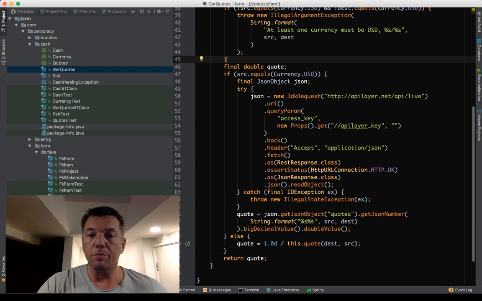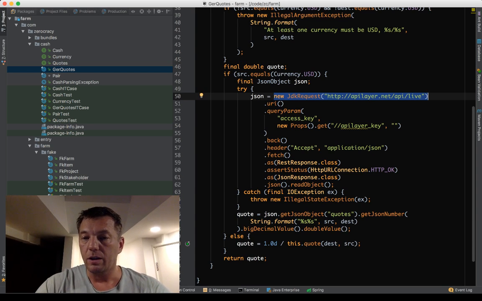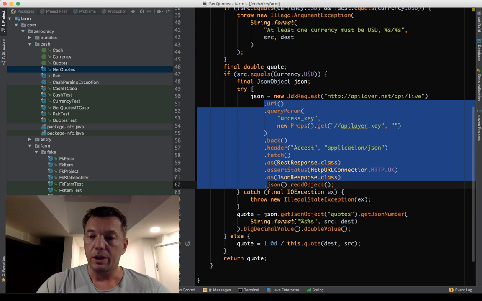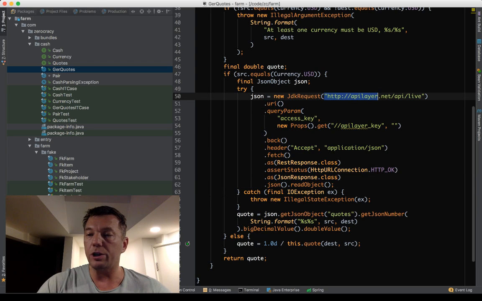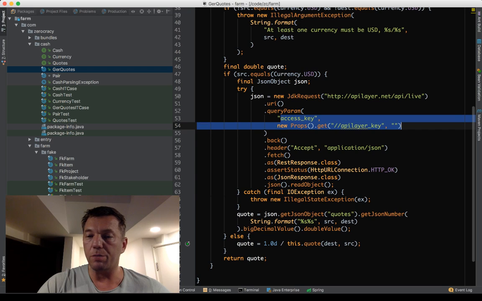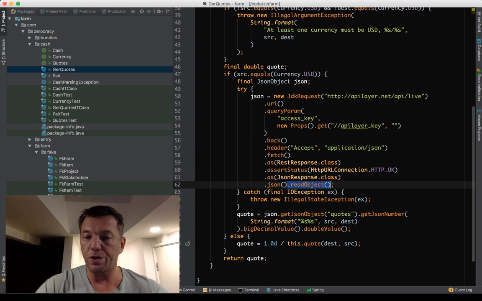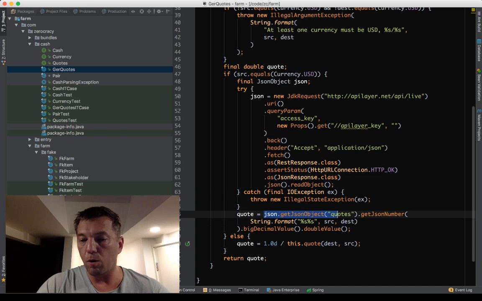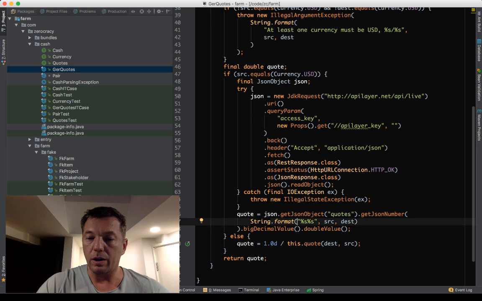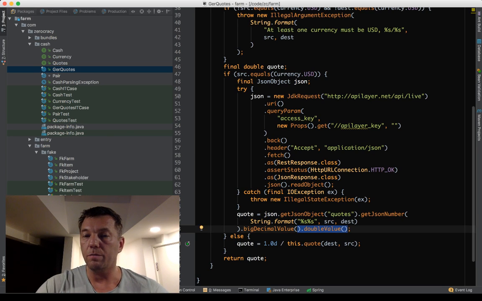Then we make an instance of this class from jcabi-http, which is an HTTP client, which after this fluent configuration is going to make an HTTP connection to this URL, send some authentication parameter, parse back the JSON, and then we get the quotes from there and return the double value provided by the platform.